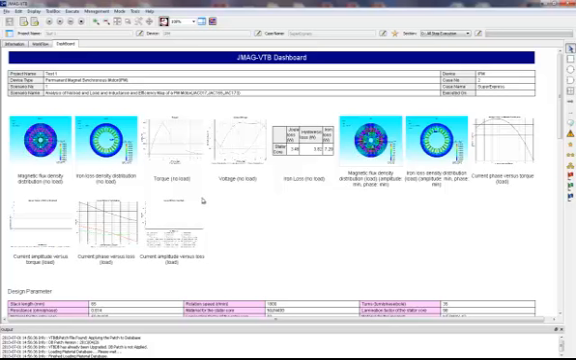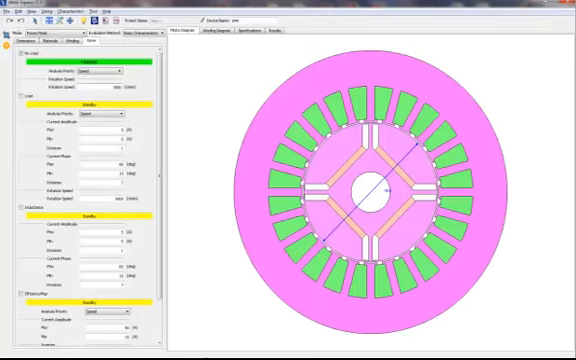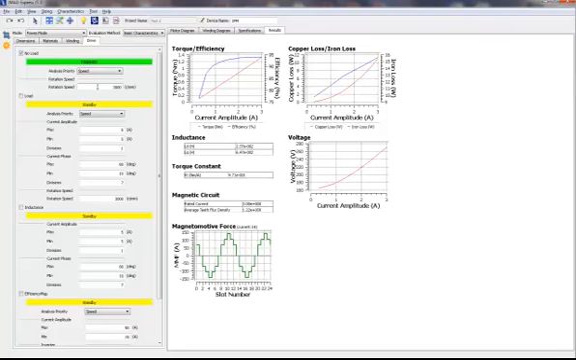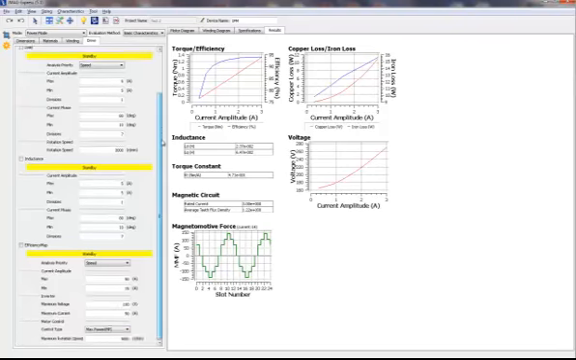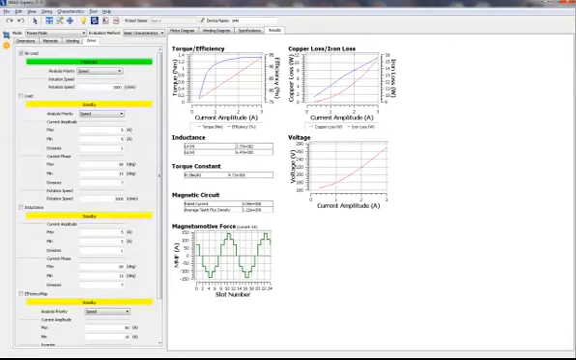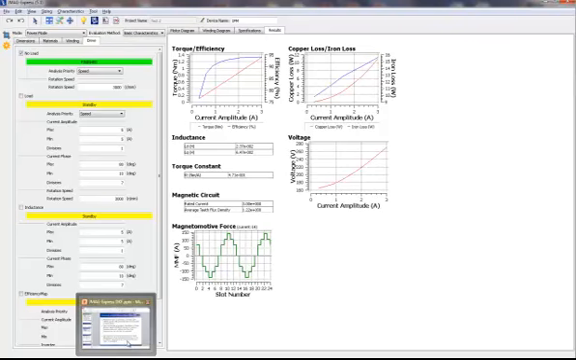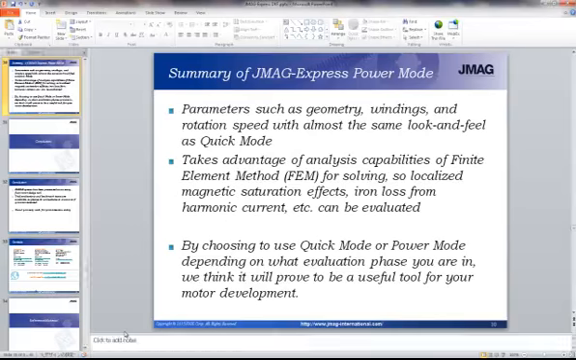So as you can see, JMAG-Express Power Mode is very similar to JMAG-Express Quick Mode, and that is a template-based analysis. But now, instead of just having the result displayed in a simple screen, we have the capability to run a full FEA analysis based on the different scenarios that we have available for each of the machine types. So I'll go back to the PowerPoint now